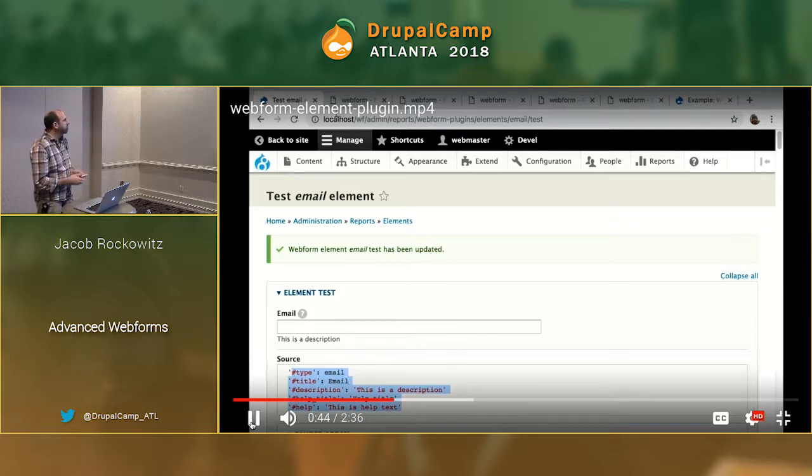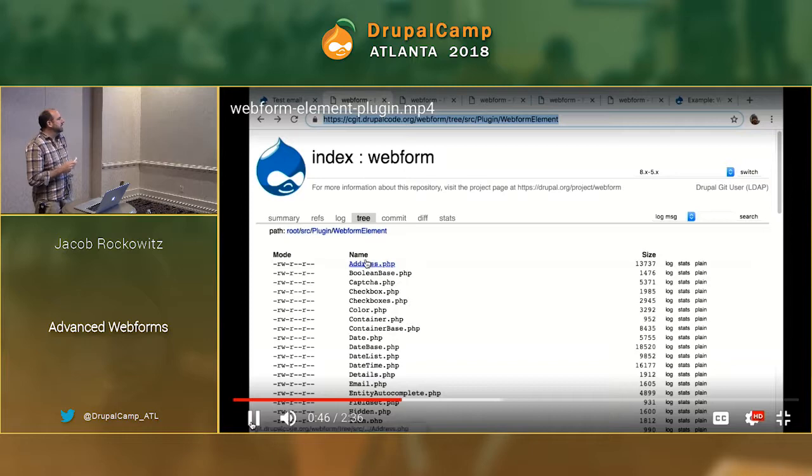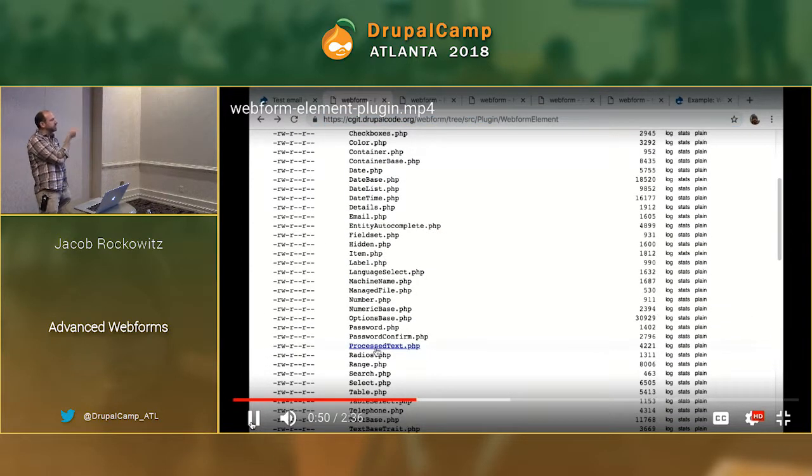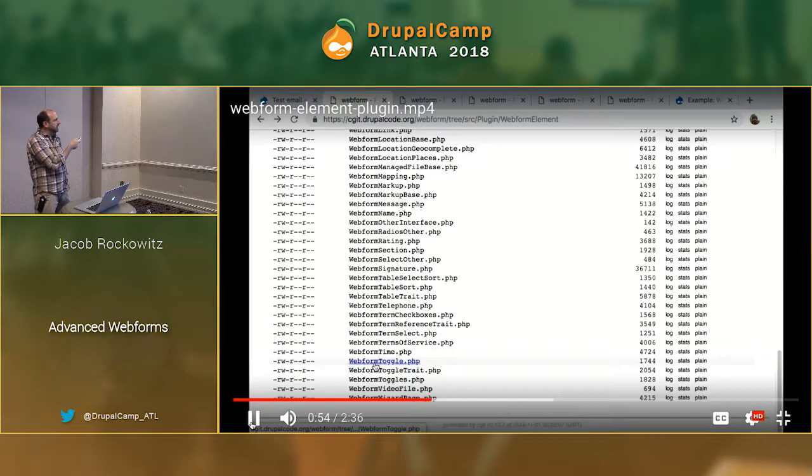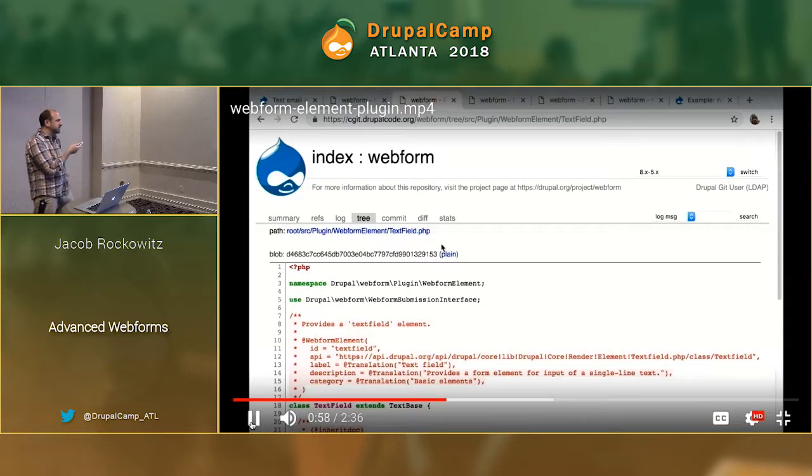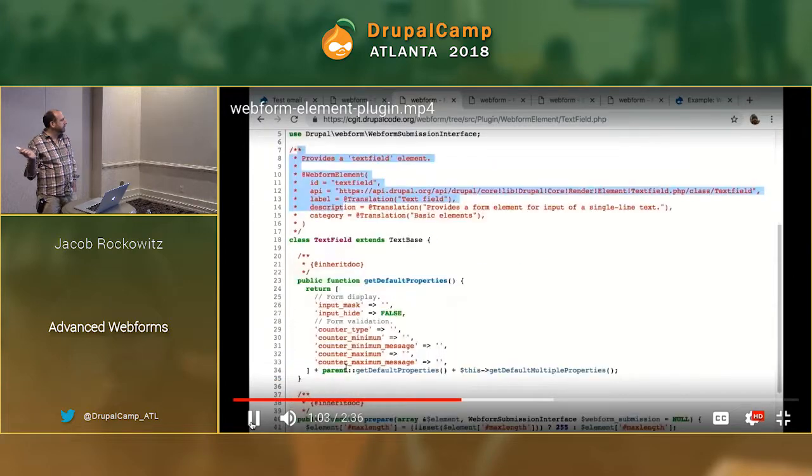Let's see. All right. So for web form elements, this is the directory: web form plugin, web form element. These are all the different elements that are available. Each one has a dedicated plugin. I think we're going to jump over to the text field, which is interesting because you saw how simple the form API element is. This is fairly simple. All you're seeing is these custom behaviors being added in, input mask,